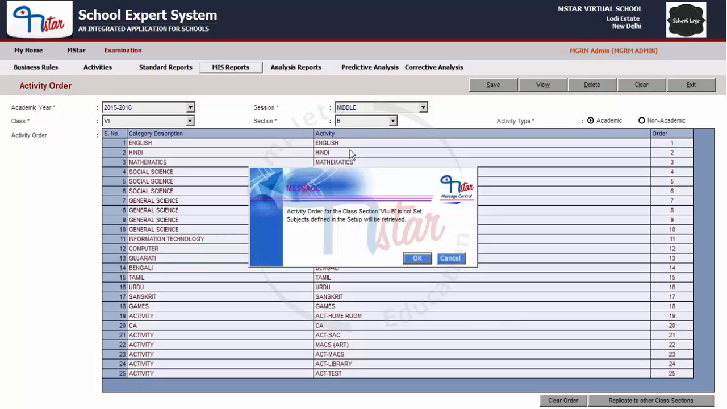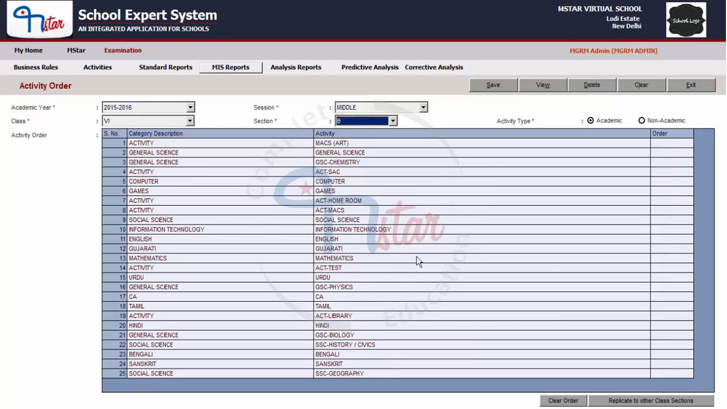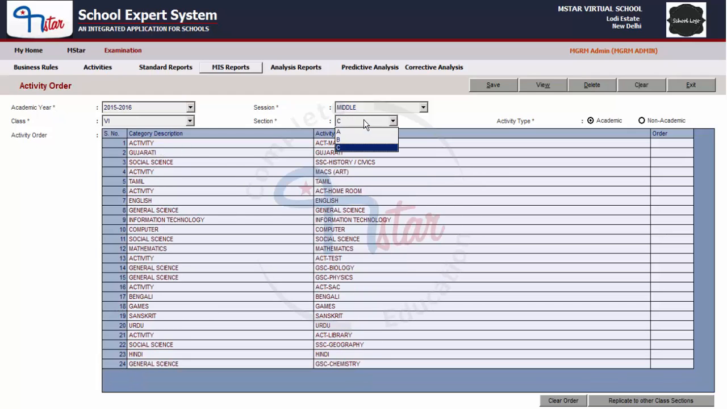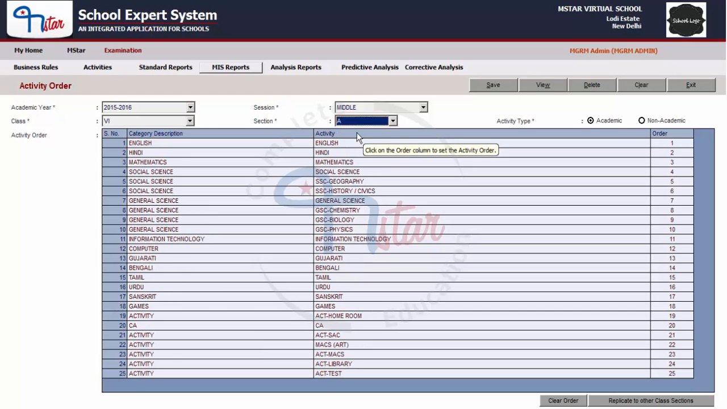So select 6B and we see that the activity order of 6B is not set. Let us also check the other class section 6C. Again, the activity order of 6C is not set either. Now let us again select class 6A in which we saved the subject order and click on the Replicate to